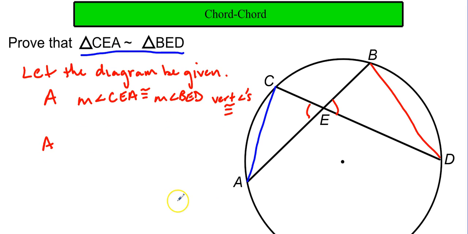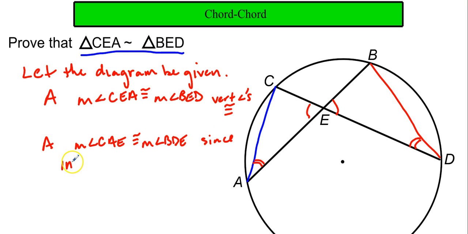All right, my next argument actually has to do with inscribed angles. And so I can match up either one of these. I can actually give an argument for either one of these. I'm going to do these two angles down at the bottom here and make an argument that those two are congruent. So my argument number two is that angle CAE is congruent to the measure of angle BDE. And the reason that I can say this is because inscribed angles, so I'm going to say since inscribed angles that project to the same endpoints,